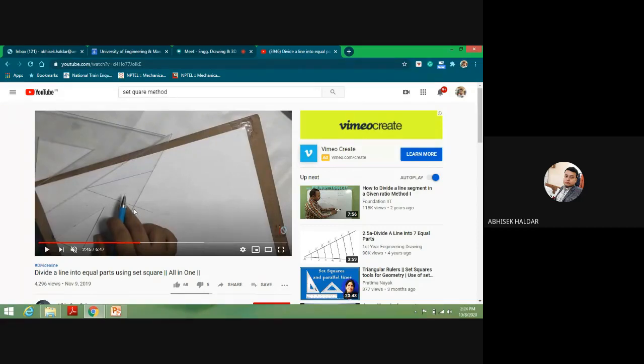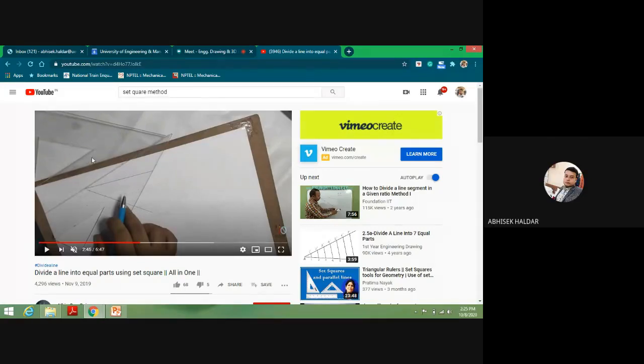You can join it by scale also, but you are aligning with one of the set squares. Another set square will be placed exactly like this, and there should not be any gap in between. This set square will not be fixed, while the other will be fixed by your left hand. So if this set square is fixed, this one will slide over it or not? This set square will slide over this set square or not? You tell me.